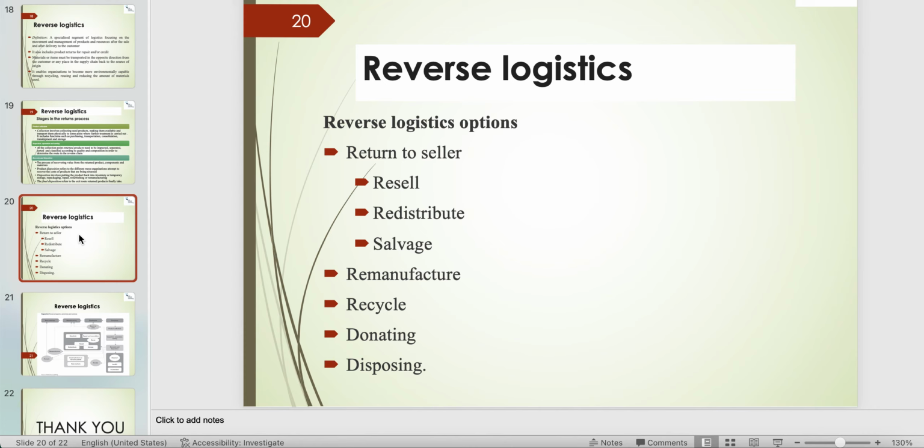Then we know recycling, where we are reducing the products to their basic elements. We are collecting these used products or materials and disassembling them, and then we are separating them into categories and seeing if we can process and recycle it. Donating is when we know that nothing much could be done. The companies decide to give return products to charity organizations without any kind of compensation that they expect in return.